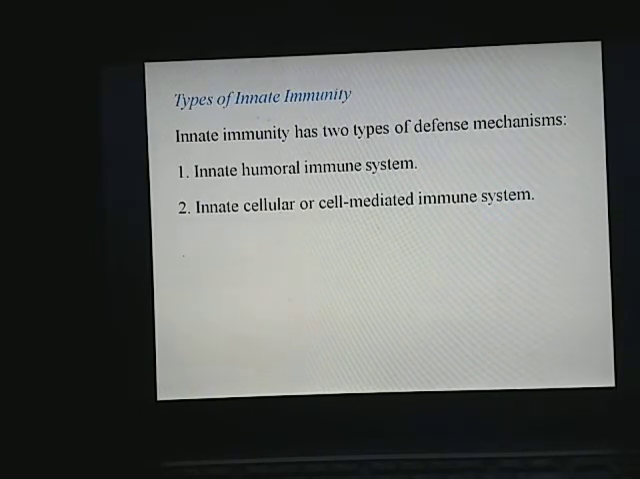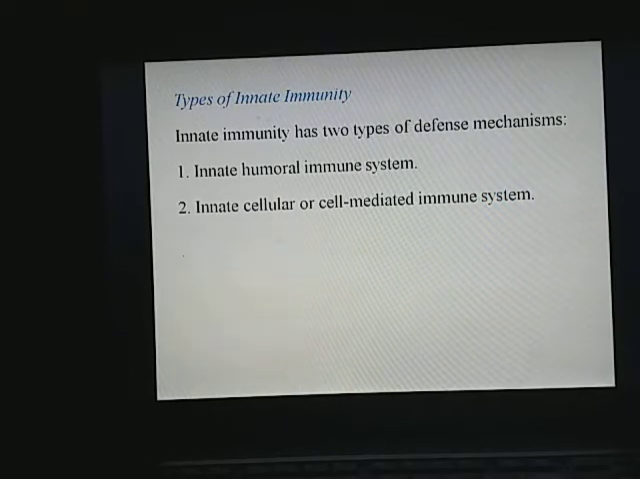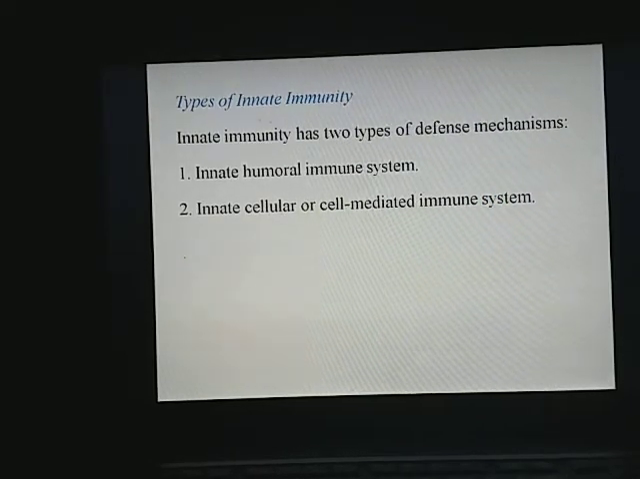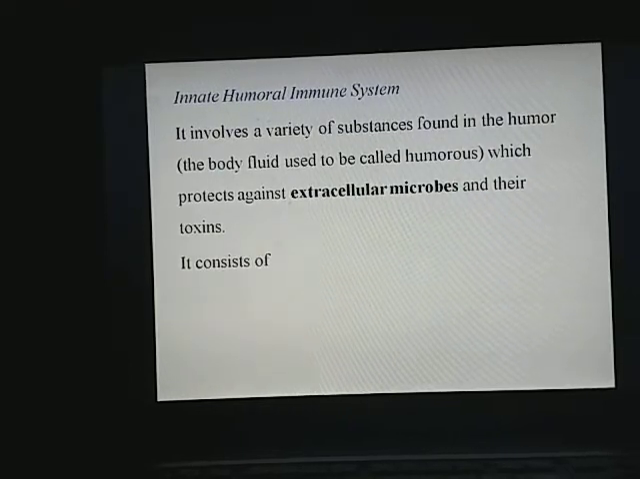Then types of innate immunity. Innate immunity has two types of defense mechanism, that is the innate humoral immune system and the innate cellular or cell mediated immune system. The innate humoral immune system involves a variety of substances found in humor. The body fluids used to be called humors earlier. It involves substances which protect against extracellular microbes and their toxins, which consist of